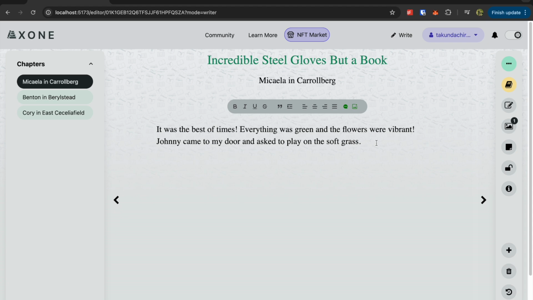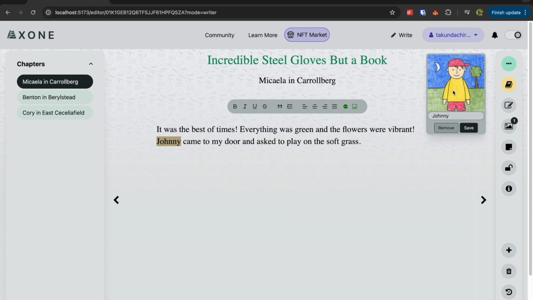A resource can be created by highlighting a certain portion of text, and then you can click on this icon here, and this will create the illustration for that highlighted text. So we already have an illustration that has been created for Johnny, this highlighted text of Johnny. When you create this illustration, you can then go to your studio,